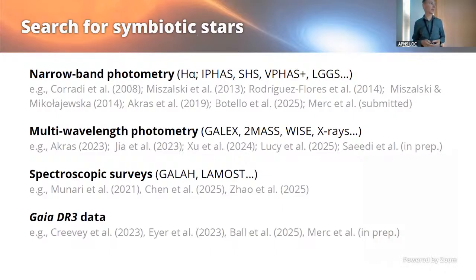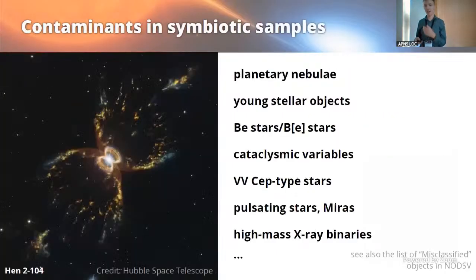But it's not easy, and it's not producing that many symbiotic stars as people thought. And then, of course, we have Gaia, so people try to use Gaia data to get something out of that. The thing that you need to be aware of when you are searching for symbiotic stars is that there are a lot of things that can resemble a symbiotic star, depending on the data, so the way you are looking at that particular object. If you have a spectrum, if you have just photometry, if you have just X-ray data